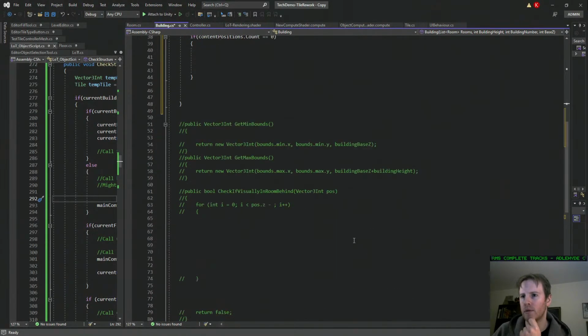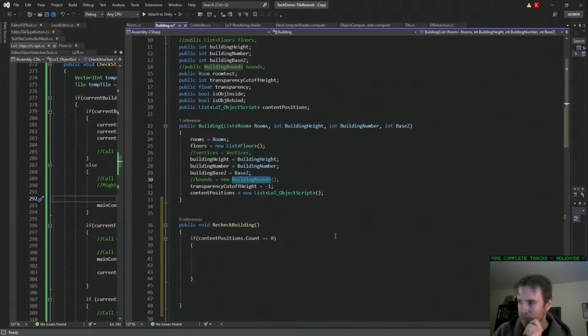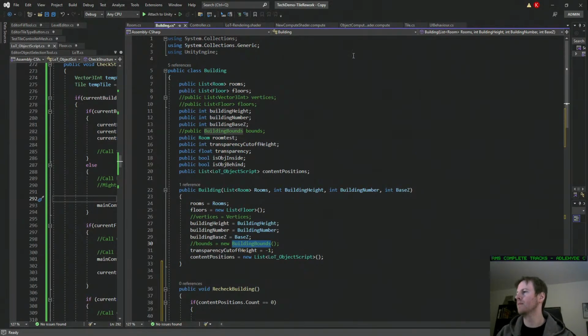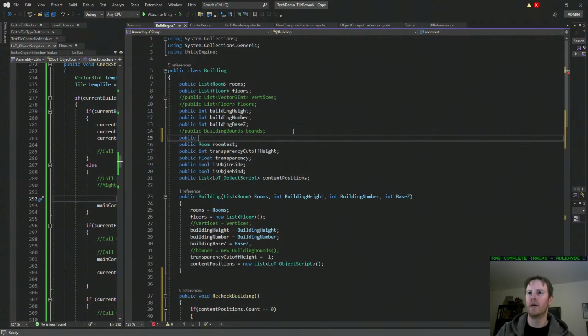New building bounds. But no, we don't need a specific class. Just call it public